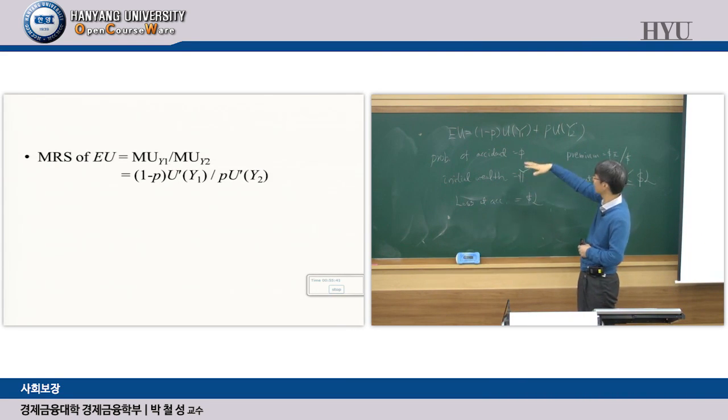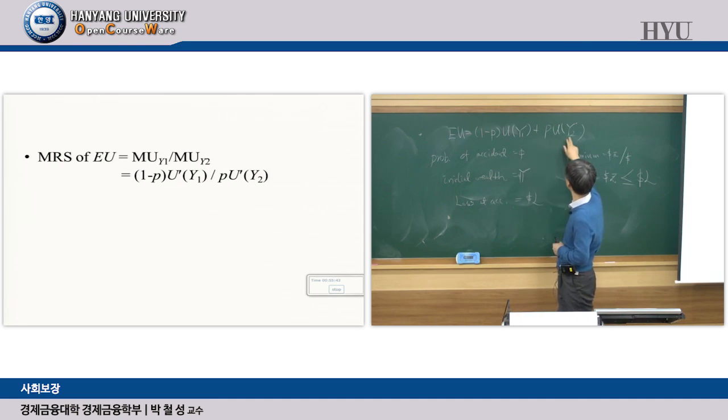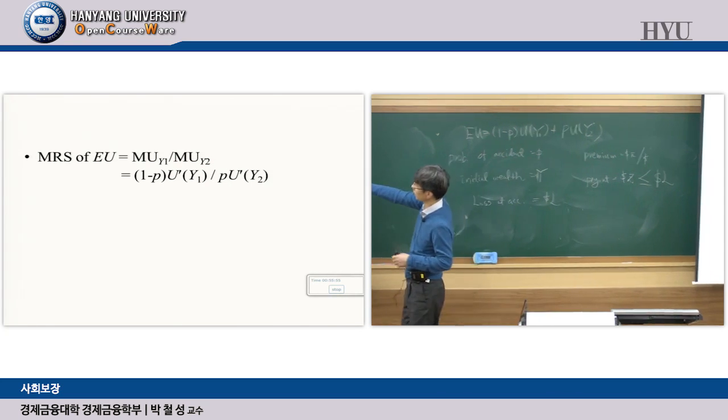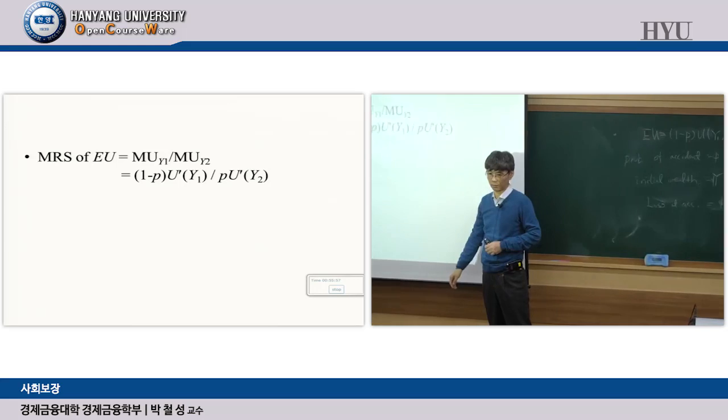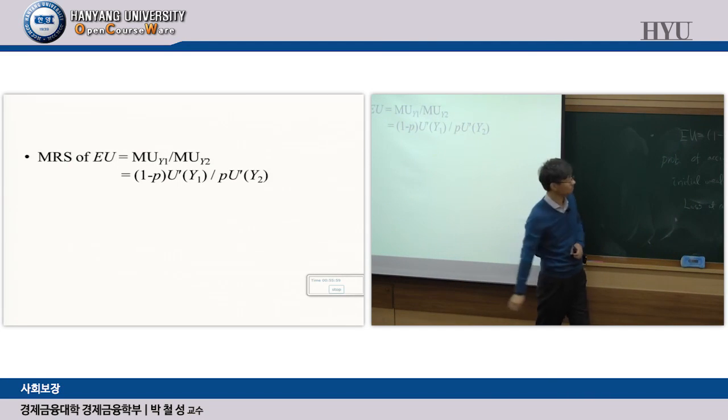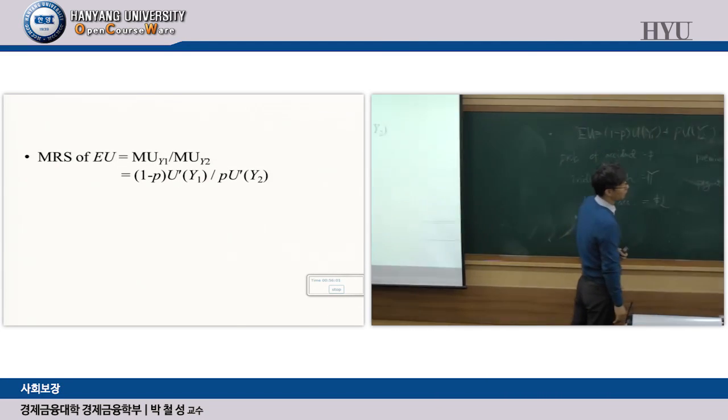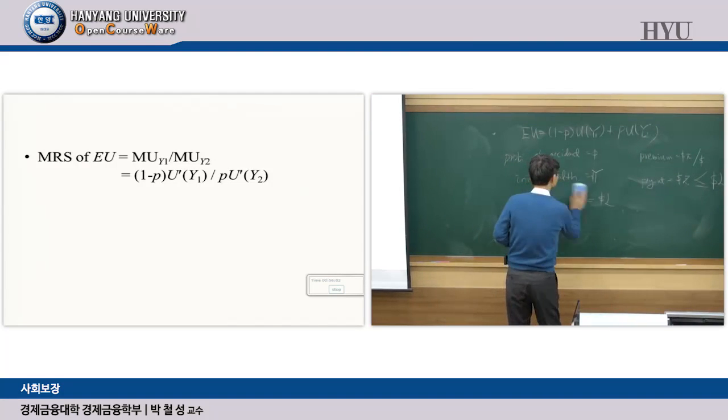The numerator that I talked about, the denominator, is expected utility, the marginal utility of y2. This part doesn't change, only y2 changes. So it is p times the marginal utility of y2. Get that? So MRS is just 1 minus p